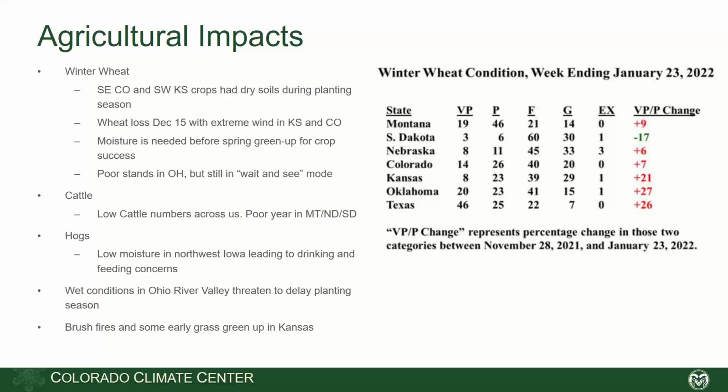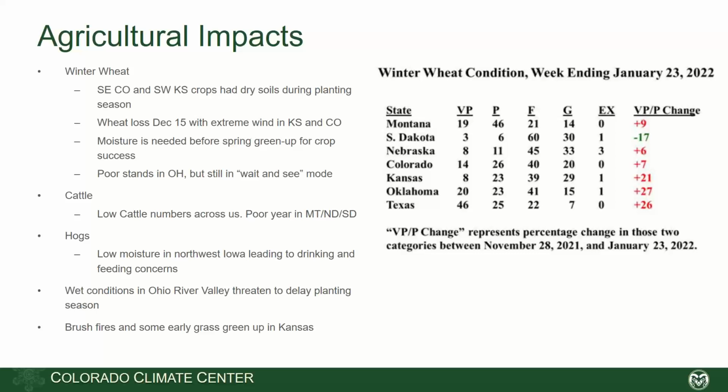And we saw quite a bit of wheat lost from an extreme wind event back in December. Some moisture is definitely needed across the Central Plains into the Western High Plains prior to green up season. We really need some good, timely million-dollar rains that will help build the grasses and feed the cows come